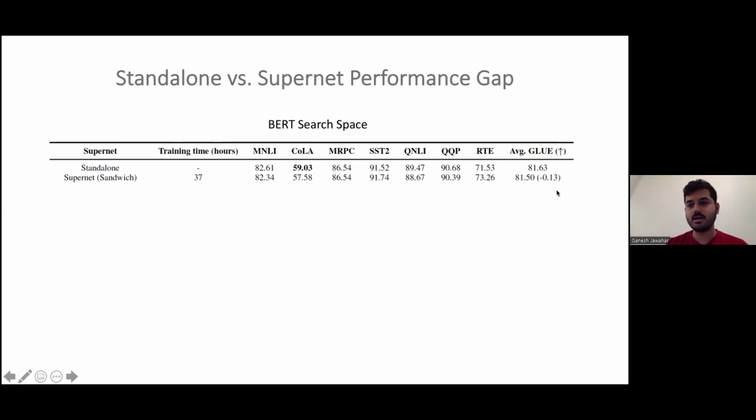pre-training BERT architecture which is good enough for fine-tuning to lead to a good downstream task performance. So you could see that when you look at the last column only, the average GLUE, there is a performance drop of 0.13 points. And this is usually a big drop for GLUE. So this also indicates that when we do SuperNet training using the standard recipe, there is a regression compared to the standalone